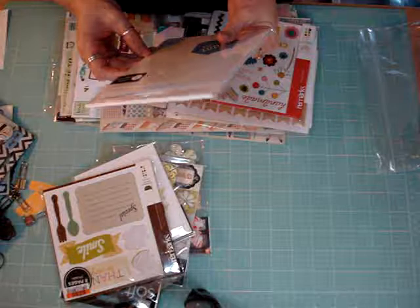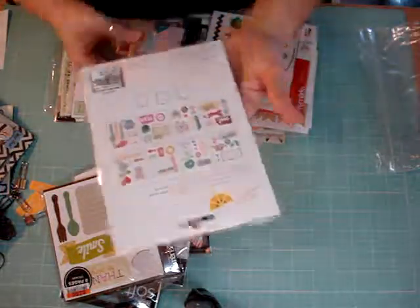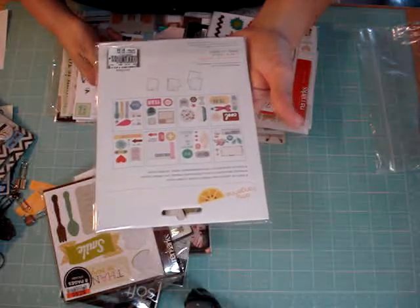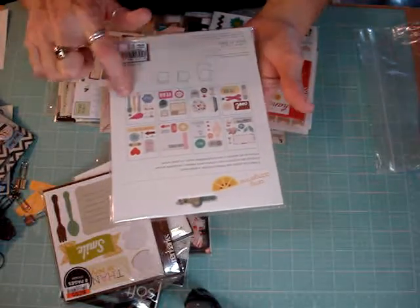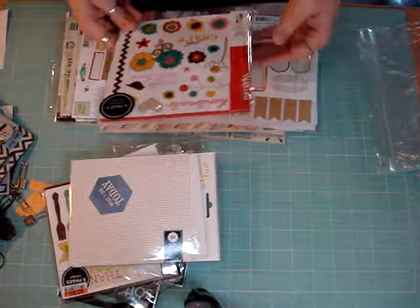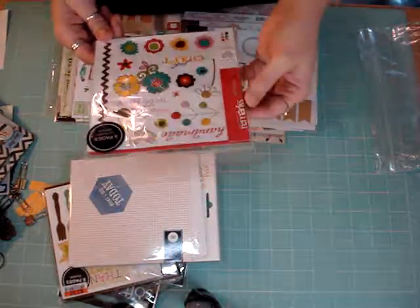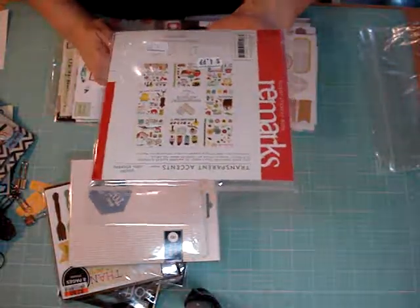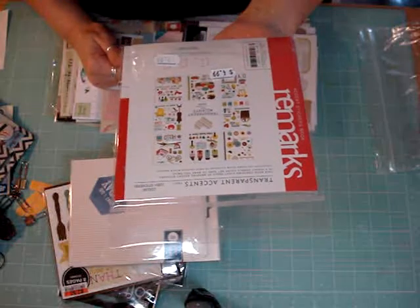These are Amy Tangerine by American Crafts, and you can see all of those. And I've been into these multiple times and used them. But I love the knife, the fork, and the spoon. I might see if I can find some eating photos. American Crafts Transparent Accents. And I just recently got these this last summer when we were in Florida at